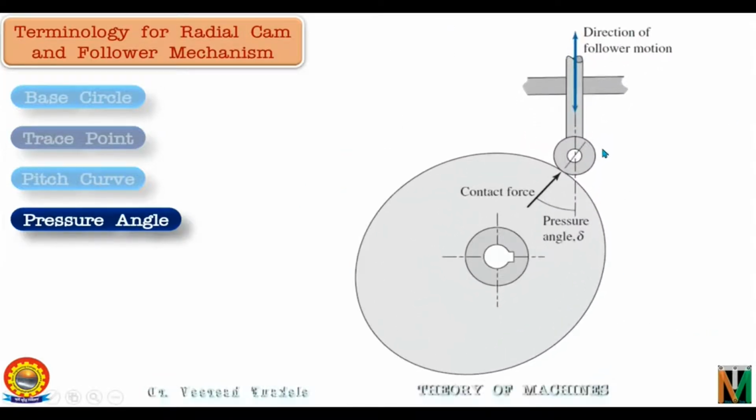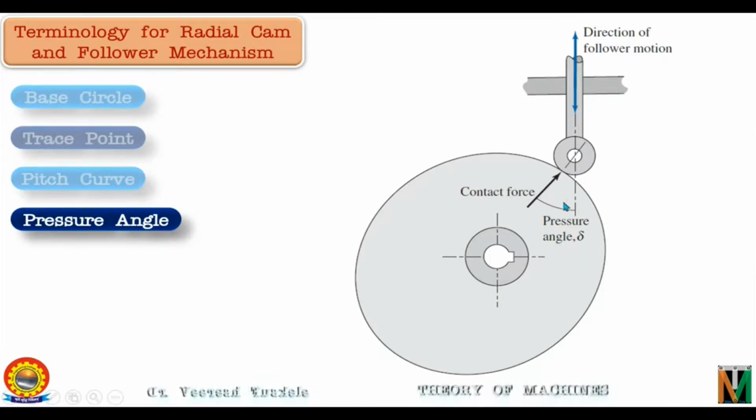So this is the point of contact of the cam and the roller, and this is the direction of the common normal at the point of contact of the roller and the cam. And this is the direction of motion of the follower, which is vertical direction. So we see here that the normal contact force will be acting in this direction, but the roller has to move in the vertical direction as it is constrained by this support. But the follower is being pushed along the direction of the common normal.